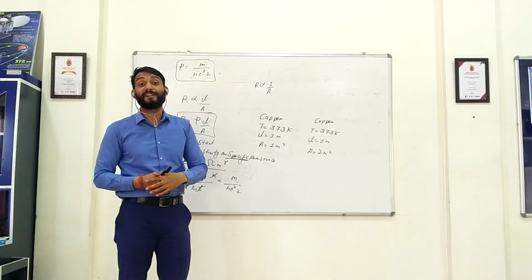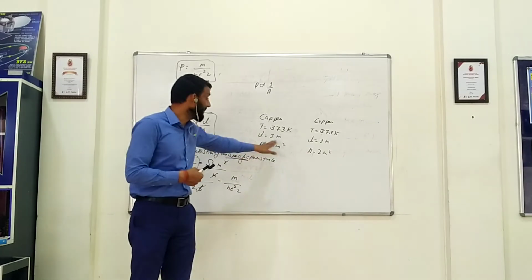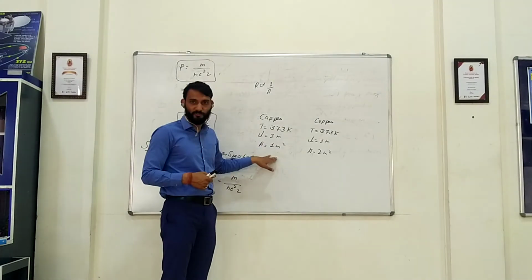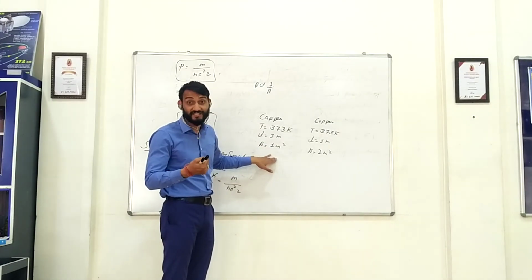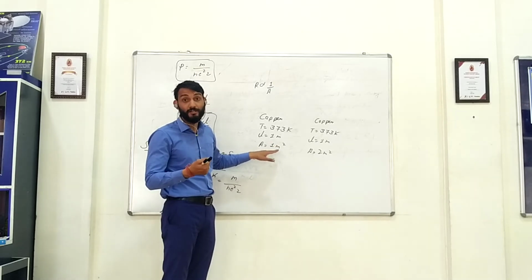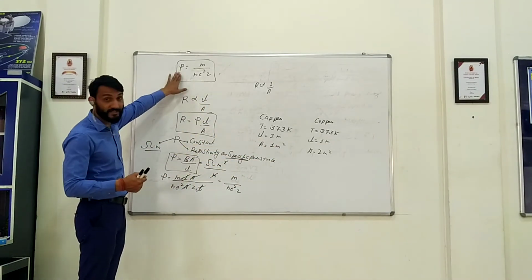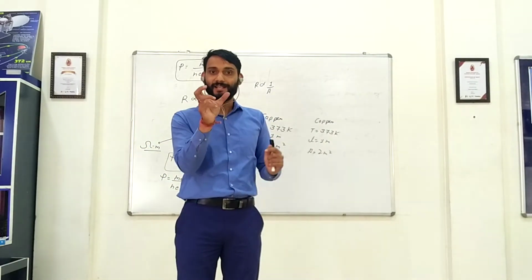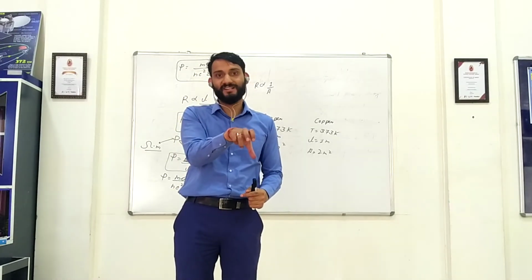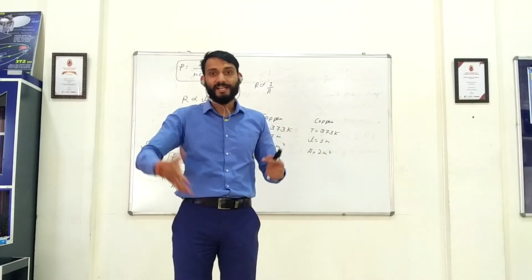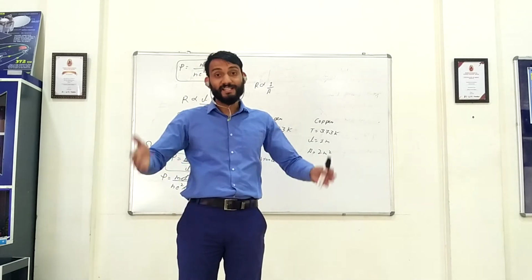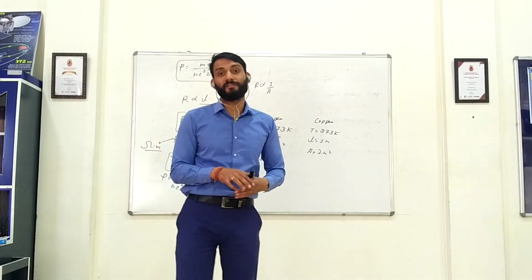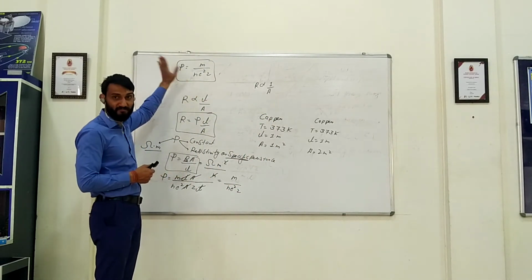But if I ask which one will have more resistivity, you will say, sir, the resistivity of these two would be the same. Why? Because resistivity does not depend upon the length and area. That is why it is safe for us to study resistivity, because it is a function of the material of the conductor and of the temperature. It is not a function of length and area, and on changing the length and area, this resistivity won't change. So that is the benefit that we always deal with resistivity. I hope I am making myself clear here.